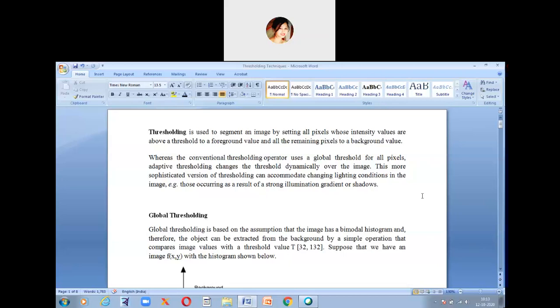The intensity values that are higher you put to a foreground value, and the remaining pixels you put to a background value. So just remember that you have 2 values, one is the upper limit value, one is the lower limit value, and beyond that the frequency of the pixels won't be counted.